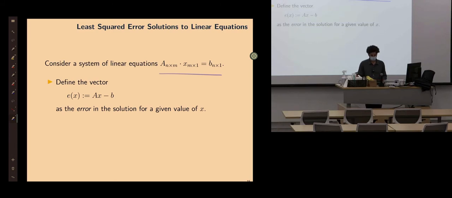When there is no solution, that means the two sides of the equality are not the same. So if we subtract b from A times x, there's going to be some leftover. Whatever that leftover vector is, call it the error, or sometimes in optimization, people call it residual. Same thing. So the error